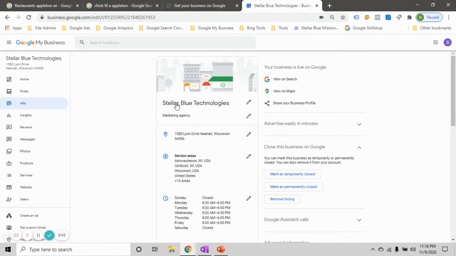Name of the business is actually fairly simple when you think about it. But one of the things that we wanted to point out here is we want to try to be as consistent as possible across all of the internet, basically. So Google will actually use name, address, and phone number, or NAP, as a ranking factor. So making sure that the name of the business, the address of the business, and the phone number of the business are consistent across the board, across the entire internet, is a really big deal